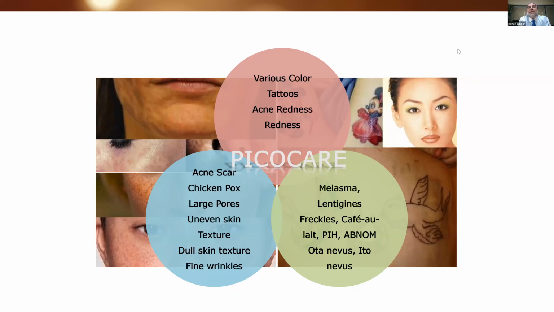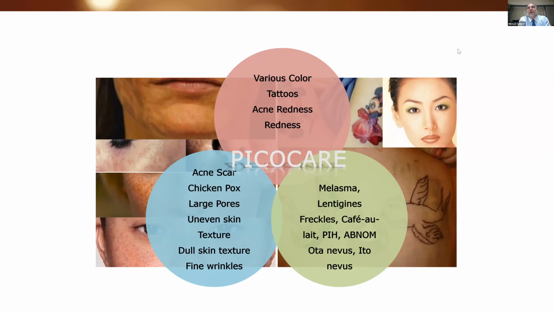And that's really good. The history of Pico is that these were developed to treat various color tattoos. In India, you may not have the same kind of problem that we have in the United States with the number of tattoos, but we have a huge amount of tattoos that we treat. There's something called tattoo regret, which is a very big part of my practice, where patients pre-COVID would go out partying on Friday and Saturday night, and then show up in my office Monday morning going, what did I do? I got a tattoo over the weekend. I don't remember getting my tattoo, and I need to have this off.